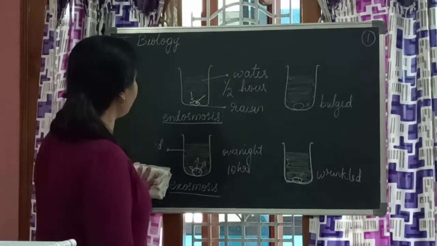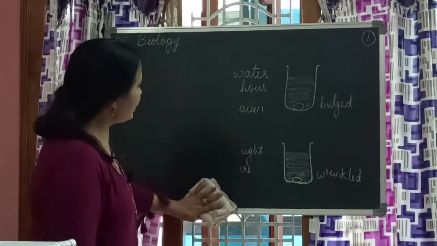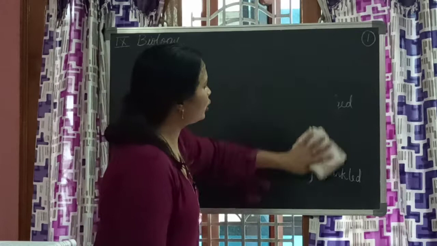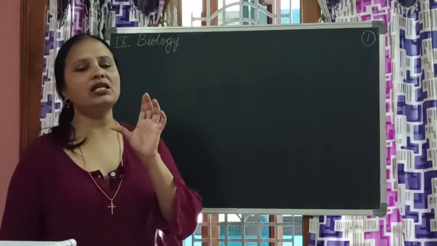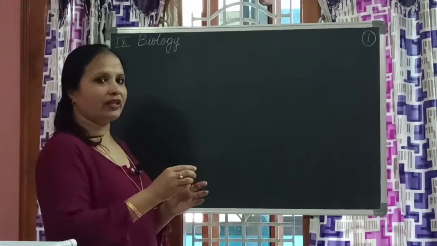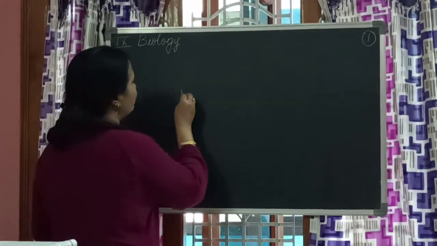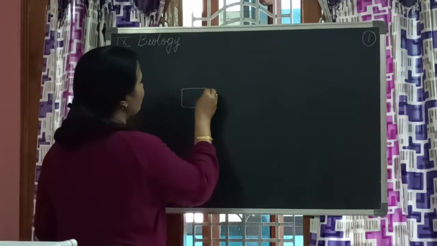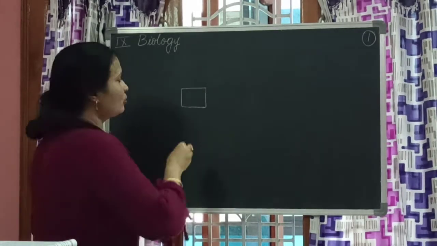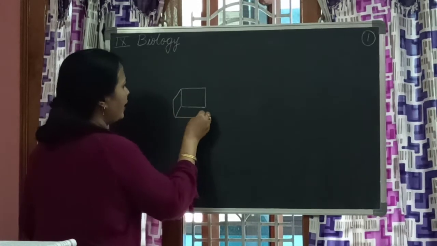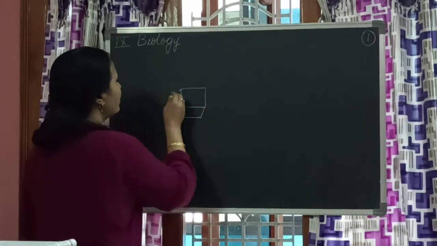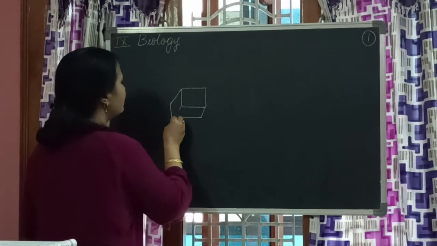The next one that we are going to learn is about the same, how the water molecule moves from higher concentration to lower concentration. For this, what do you need? You need a potato. Take a large sized potato and then cut it in such a way that you get a nice cube out of it. Like this, you cut into the shape of a cube. And now, the cube should be a little bigger.